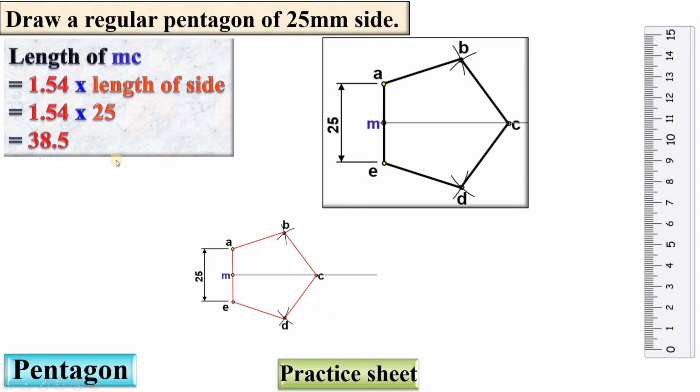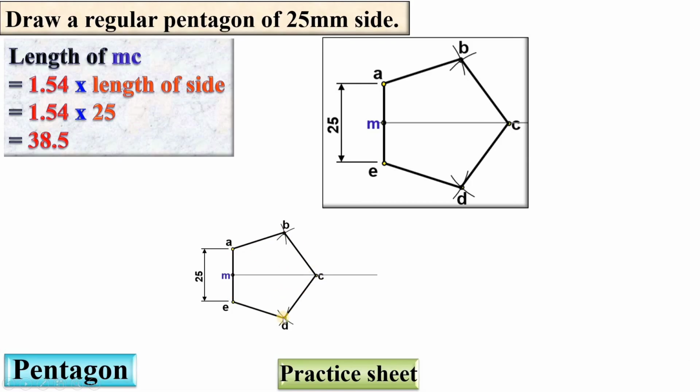So this is a very simple method. Definitely you have to remember this formula, but it is really simple. There will be no chance to make a mistake in the examination. This is your final drawing, so it should be dark. Finally you have to give the dimension that is mentioned in the description.